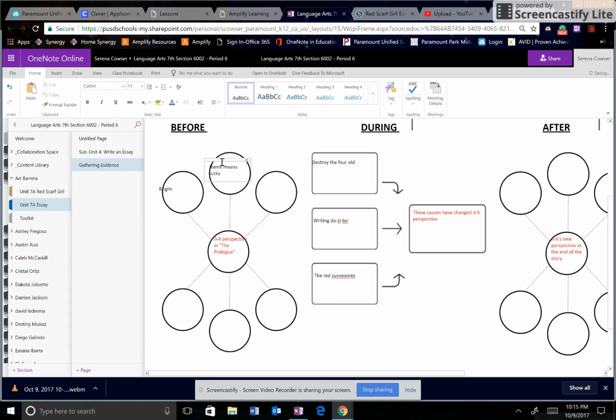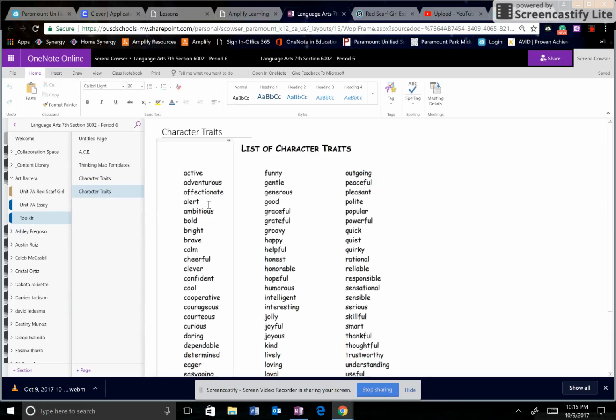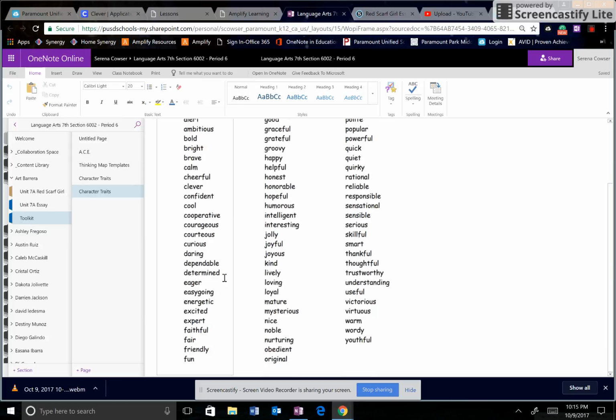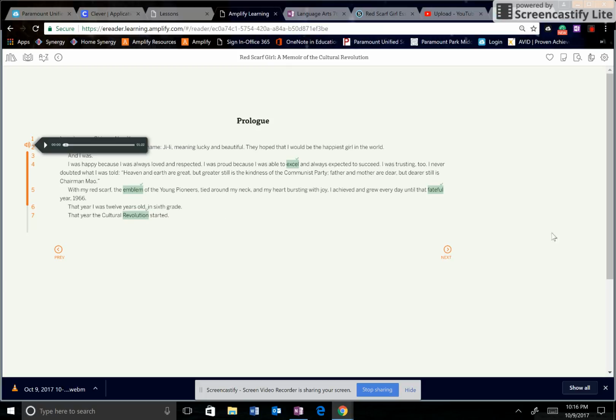Okay, and so to make things a little bit easier, under your name, you'll see a toolkit. And this one doesn't work, but this one does. And you will be able to see the different character traits that you could use to describe Ji-li. Is she joyful? Is she kind? Is she lively? Is she loving? Is she eager? Is she easygoing? Right? What in the prologue